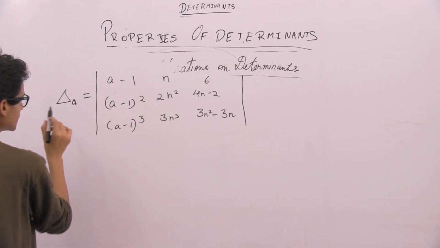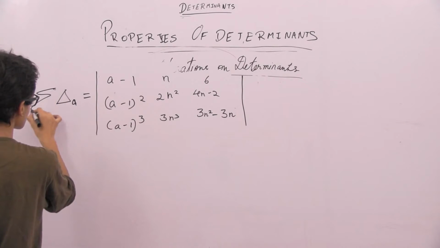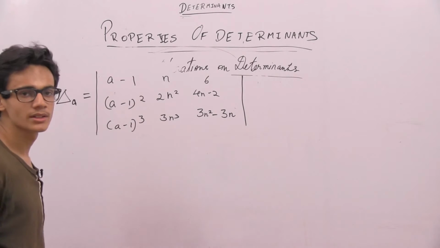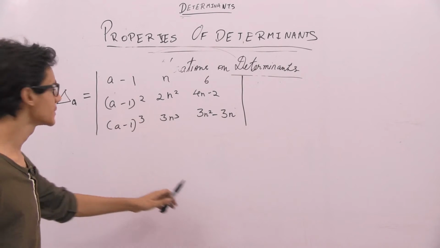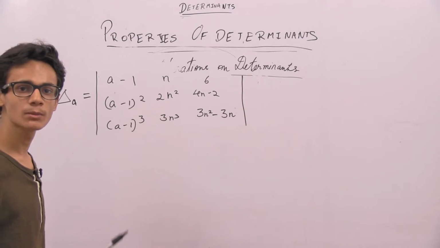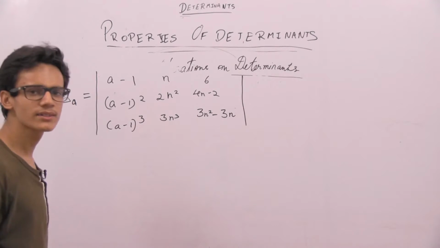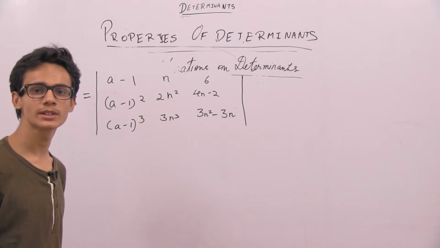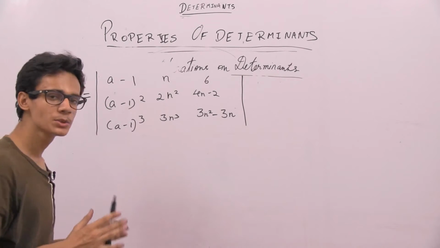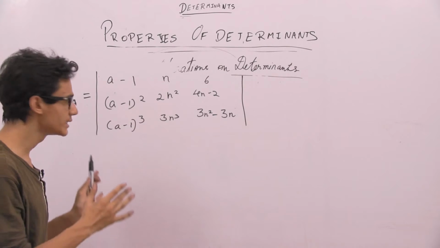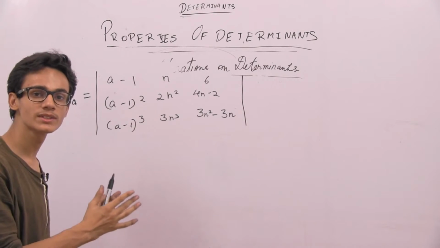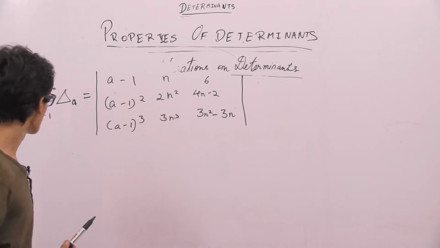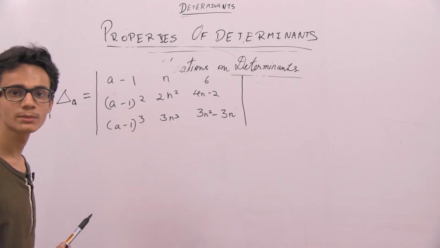In the question we are given that we need to find the summation of this determinant where a varies from 1 to n. So do we need to expand this determinant and directly apply the summation formula on each and every term? Yeah, we can do that, but it would take us a lot of time, and there would be no use of determinants in that. We need to reduce our time, and so for that we need to have the solution in the form of determinants only. So just now we learned a formula of how to find out the summation of determinants.